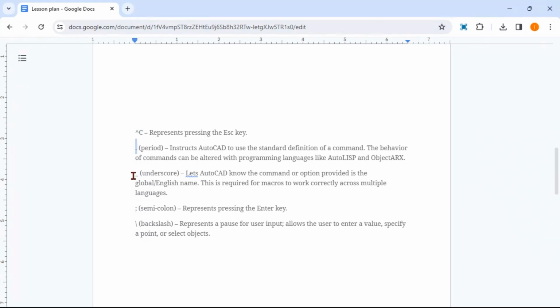So then we have this period special character, right? The period simply means that this is telling AutoCAD that it's a standard definition of a command, right? And why do we do this? What happens is that most of the time